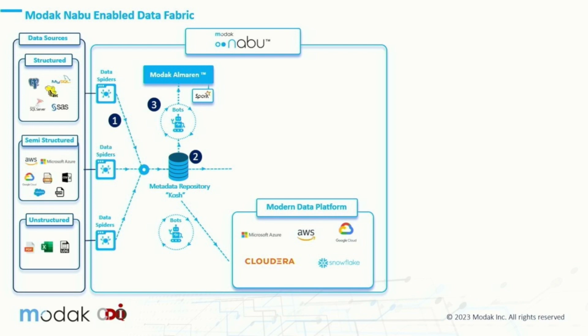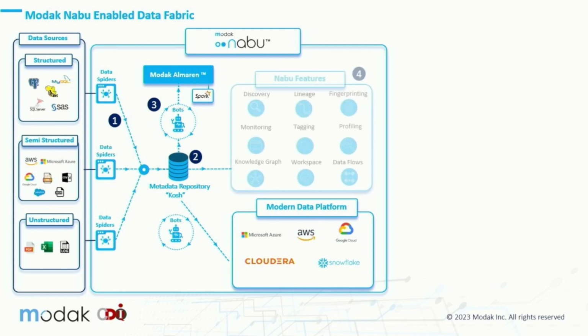Again, there is a human in the loop, so it doesn't mean that I am automating and that's it. You can govern how you do it, but we start tagging those things for you. Once we have that, we allow you to build a knowledge graph, which allows you to search which data set is what. If you want to say, tell me about this product, I want to know all the data sets this product belongs to, it will list them and allow you to discover those data sets. So you are accelerated, rather than spending a lot of time figuring out where your data lies. This knowledge graph will start answering those questions for you.